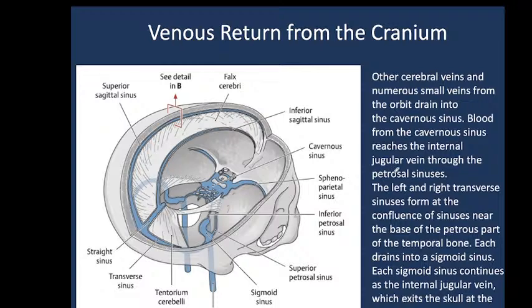As you see, other cerebral veins and numerous small veins from the orbit drain into the sinuses, and then